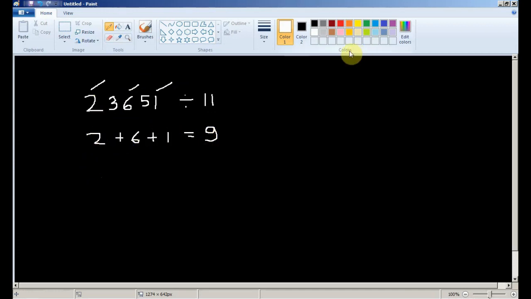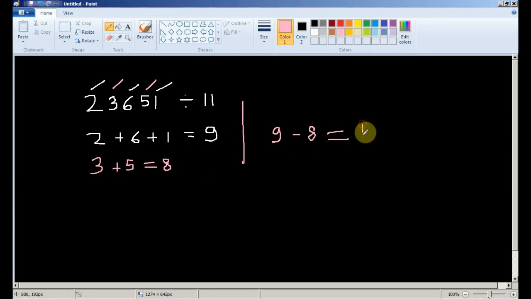And the second one, let me change the color here. Now I see the even positions, 3 plus 5 is equal to 8. Okay, so I'm getting 8. Now I have to subtract the even sum 8 from the odd sum 9.